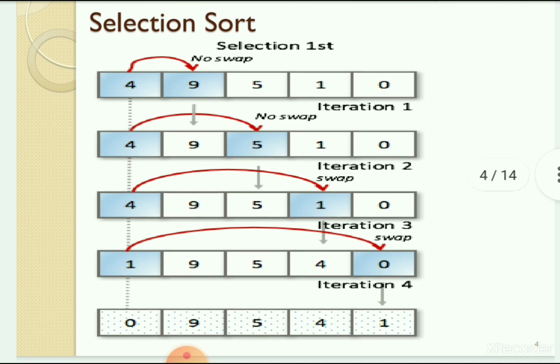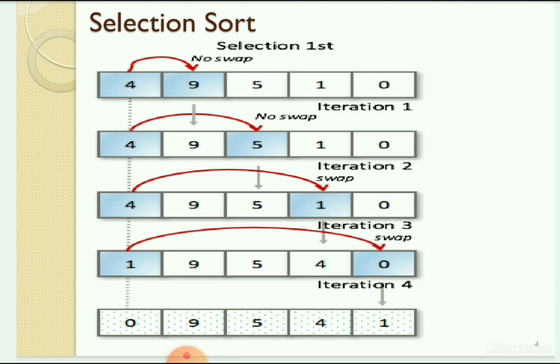So in this selection sort method, look at this. The elements given are 4, 9, 5, 1, 0. Okay. So we have to select the initial position, or you can say zeroth position in the array. So at zeroth position the element is 4. Okay. We have to select the position, not the element. Keep in mind that we have to select the position, not the element.